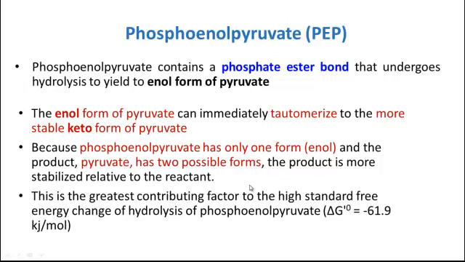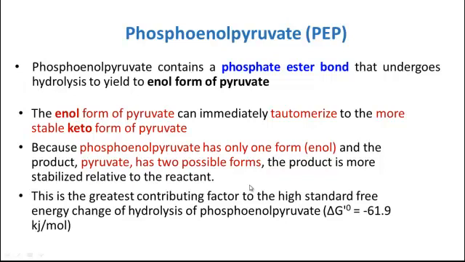the reason is because the phosphoenol pyruvate has only one form, the reactant phosphoenol pyruvate can exist only in the enol form, whereas pyruvate, which is the product, has two possible forms. It can exist in the enol form as well as the keto form. Therefore the product is more stabilized, meaning the product is in a more stable condition as compared to the reactants. And this is the reason that the breakage of the phosphorus bond in phosphoenol pyruvate releases a high